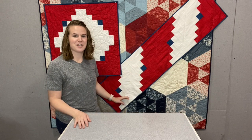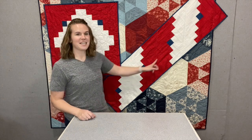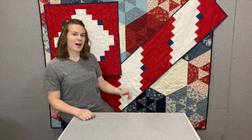So behind me, I have the long and skinny version of our table runner, which is 4 log cabin blocks. If you're never sure how many log cabin blocks the project has, always count that center square. So in this case, the center square is blue. There's 4 blocks on that one. It's long and skinny. Or there's the center piece, like a table centerpiece where you could put a vase of flowers or a fun little project in the middle. This one is the 4 or the square log cabin, but we're going to make them together really